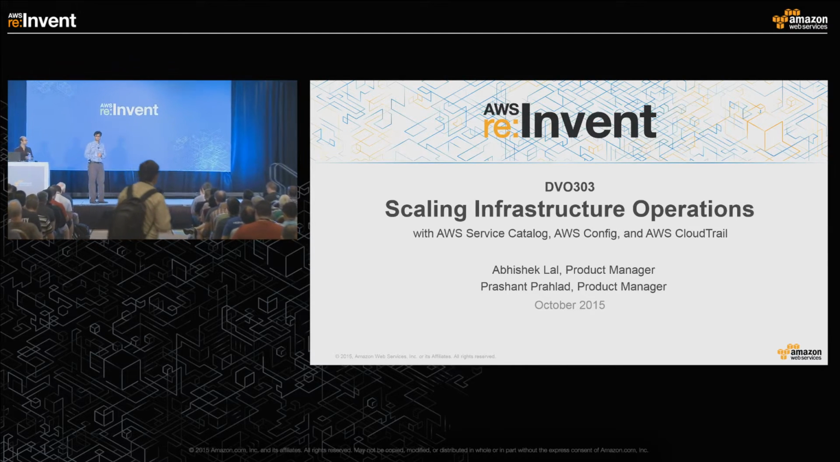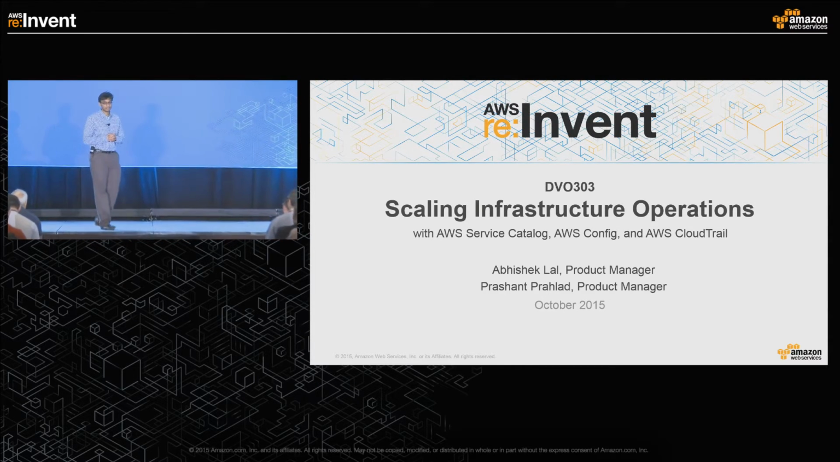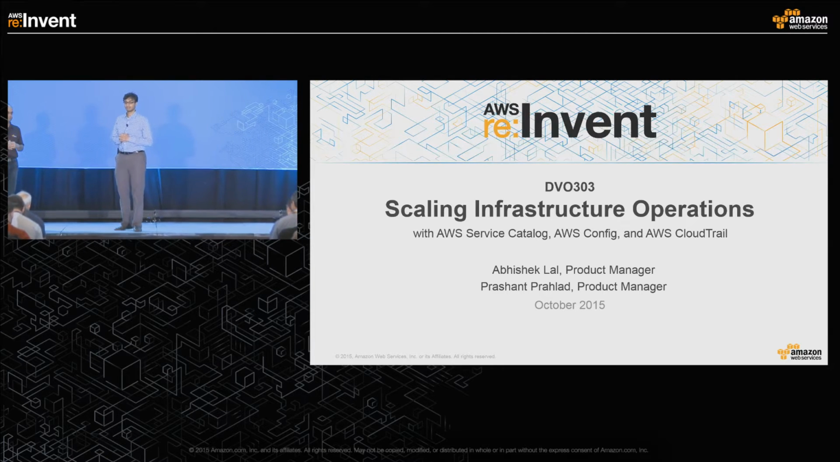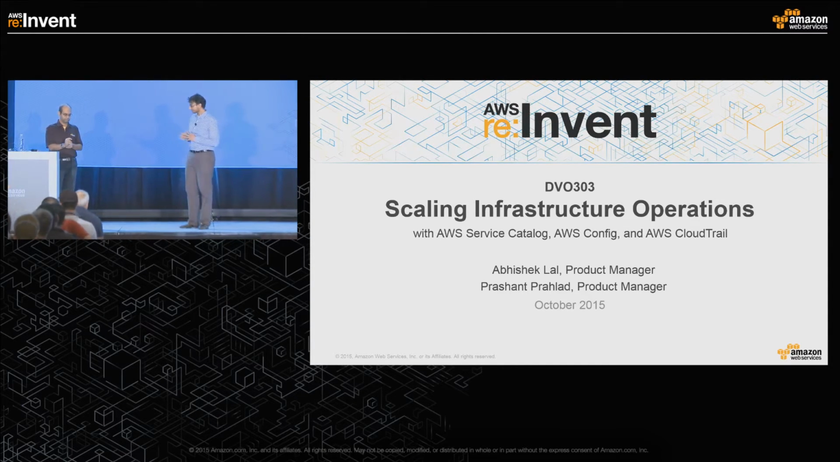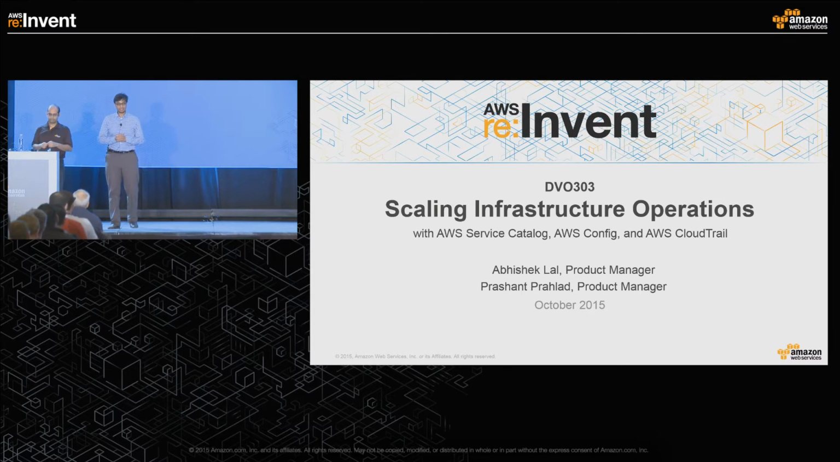Welcome to Scaling Infrastructure Operations with AWS Service Catalog, AWS Config, and CloudTrail. My name is Prashant Prahlad, and my colleague Abhishek Lal. We're going to go through some details about Service Catalog, CloudTrail, and Config, and how you can use this